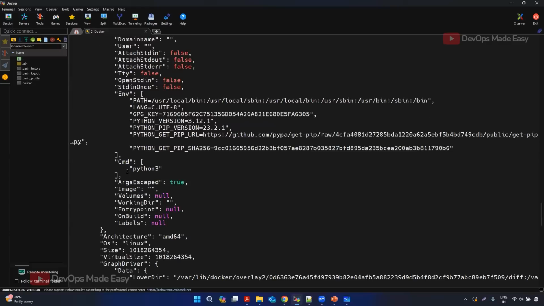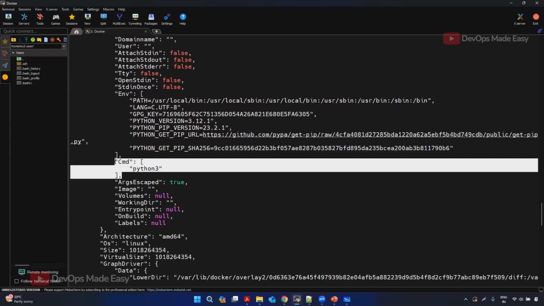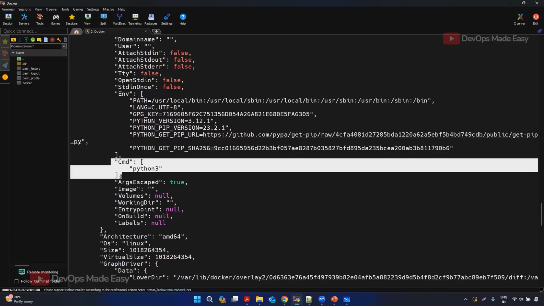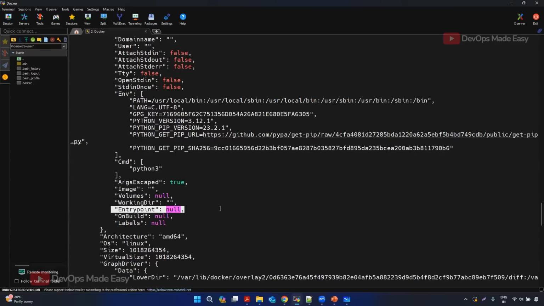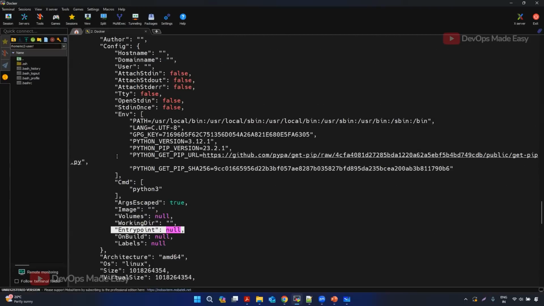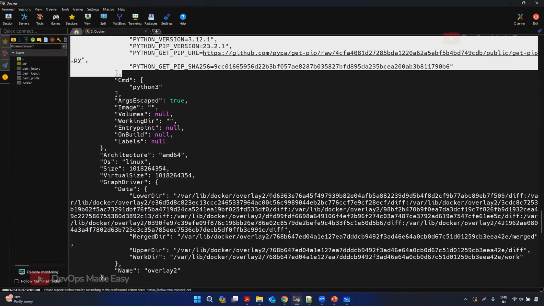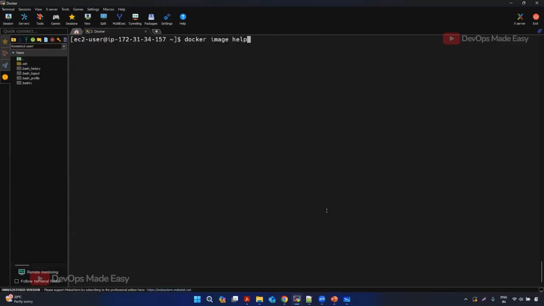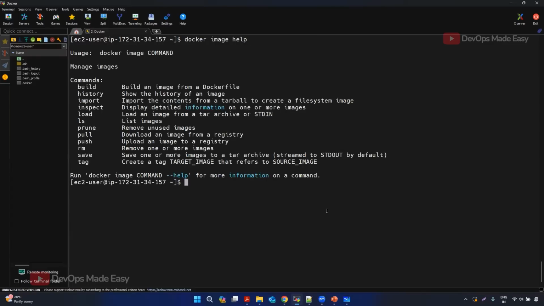Now, when you inspect any image, you will see the starting command. Entry point is also involved in deciding the starting command, which I'll talk about later. But just remember, CMD and entry point decide your starting command. Apart from that, you can see some usual information about that particular image. I'm not going in depth into it; it's not required. Now that we have tried to pull, list and inspect the images,